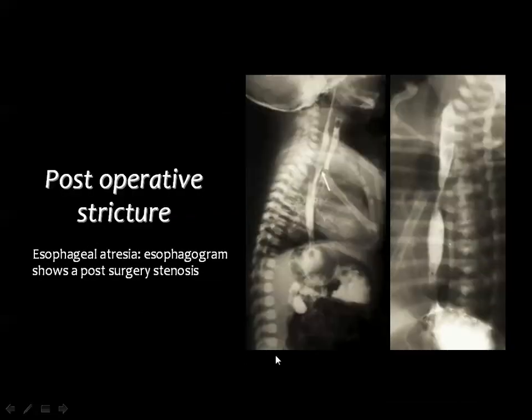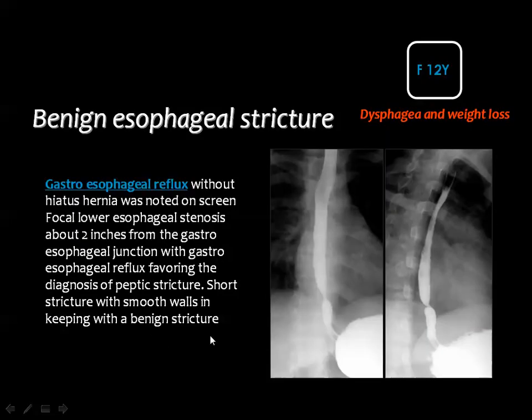And this is an example of the case of tracheoesophageal fistula, the H-shaped type, with residual esophageal stricture after surgery. This fistula has been closed surgically, and in the follow-up study after surgery, you got some narrowing in the middle part of the esophagus corresponding to the site of the fistula. Also, you may get